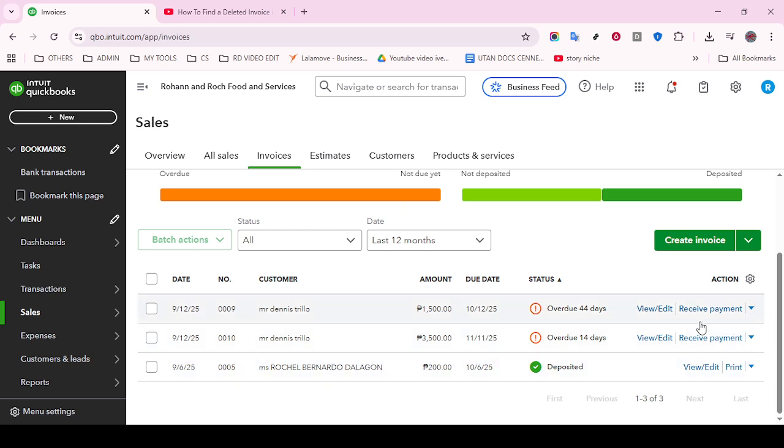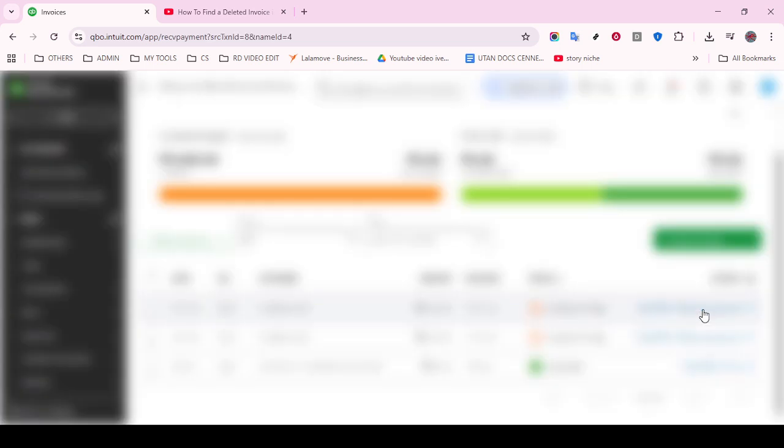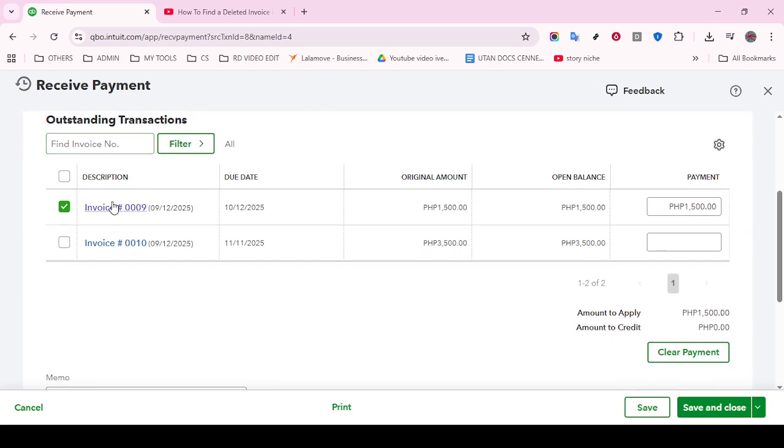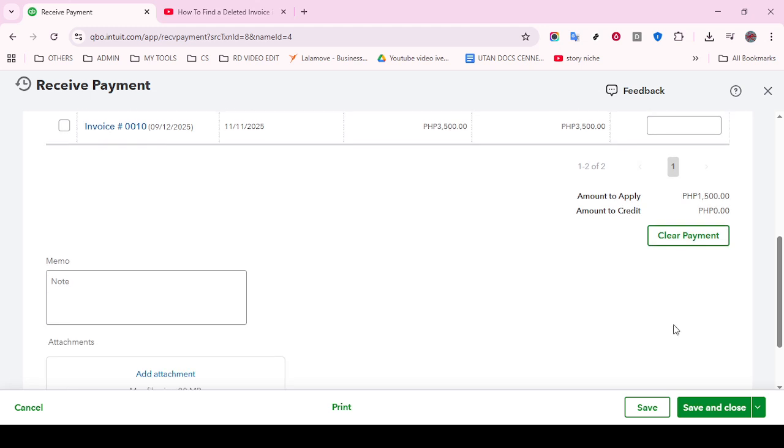Choose Delete from the drop-down. QuickBooks will display a confirmation prompt to make sure you want to proceed. Read that message carefully. If you're certain, confirm the deletion. The invoice will be removed from your list and it will no longer impact your sales totals, reports, or customer